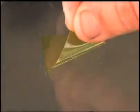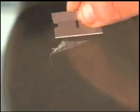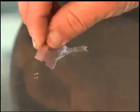Once the resin has cured, carefully remove the curing strip by peeling it away from the windshield. If the surface of the glass is uneven, use the safety razor to remove any excess cured resin. Clean the windshield one more time with the alcohol towelette. In some cases, the